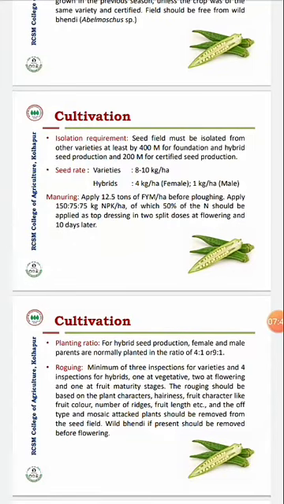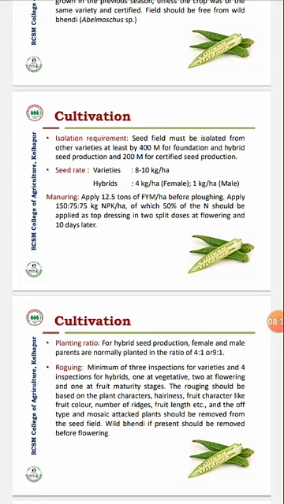Then the rogueing is a very important aspect regarding any seed production program. The unwanted plants which are different than the parental line or that variety should be removed. And these off-type plants, that means they are dissimilar from the variety, they are dissimilar for the morphological characters,